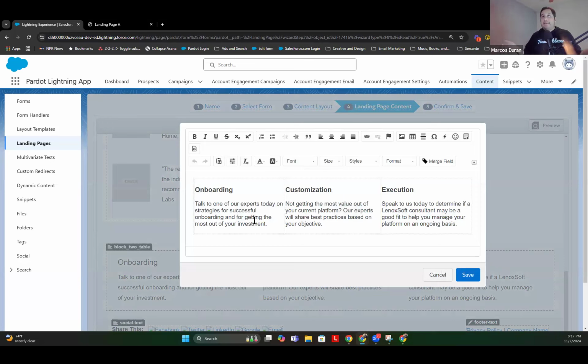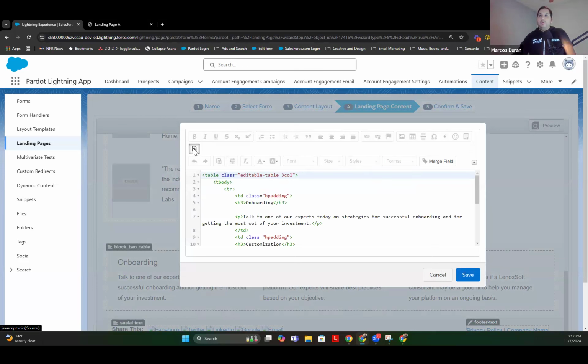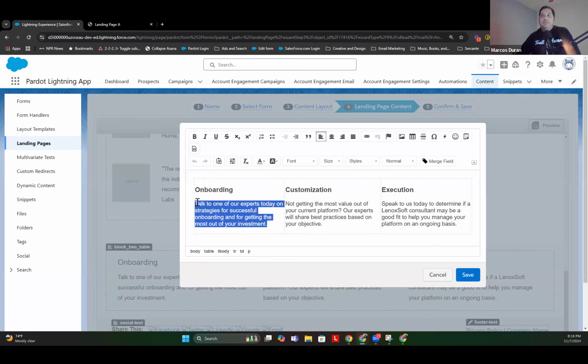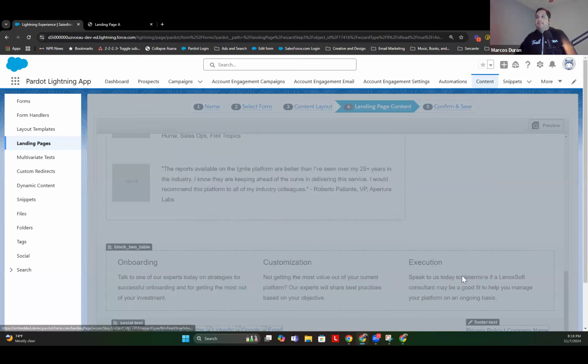This, as you can see, is a table with 3 columns. I'm able to access the code by just using the source button for this one section. If I wanted to change the code for this one section to make the table background light gray, things like that, I could do that using this. If I just wanted to do something more superficial, like making things bold or changing the color of the text, I can just use a normal editor option, highlight my text, choose from the color palette, that's green, click save,